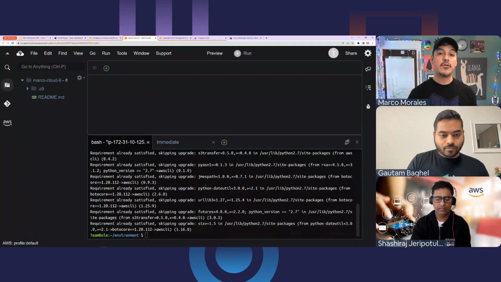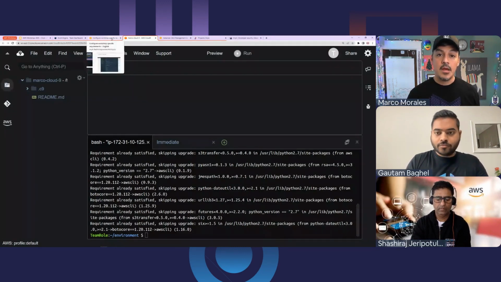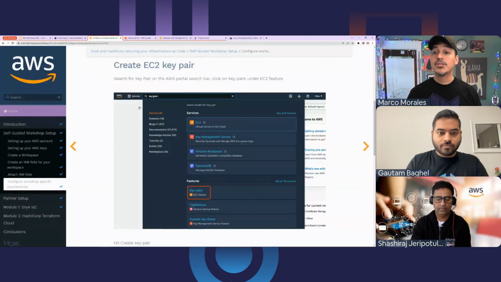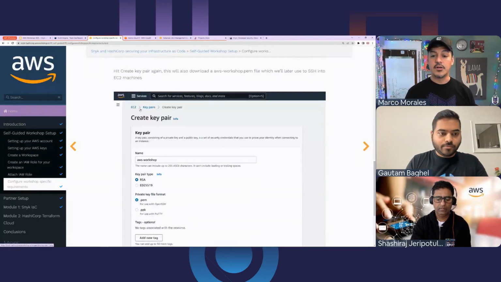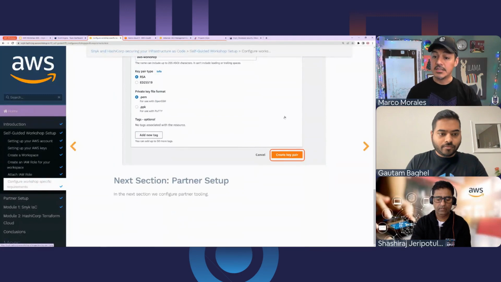And what I may do, folks, is I'll keep the font size really big here because we can, and I'll try to just make sure that we follow along the right way. So I'll navigate back to the tab. So we don't create a key pair. This would be for people if you're running in isolation or on your own and you want to do things, but we can skip it.